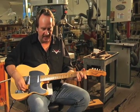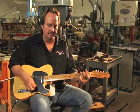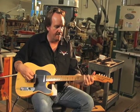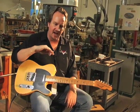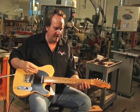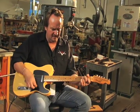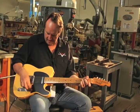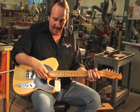So this is what that back pickup sounds like. Really great sounding pickup. Very mid-rangey, very even with the flat pole pieces. Usually when you have staggered pole pieces, the G and the D are a little bit higher, makes it a little bit more even. But this pickup, for some reason, with that winding on it, everything's there, you know? It's a great sounding pickup, and then when you use them together,